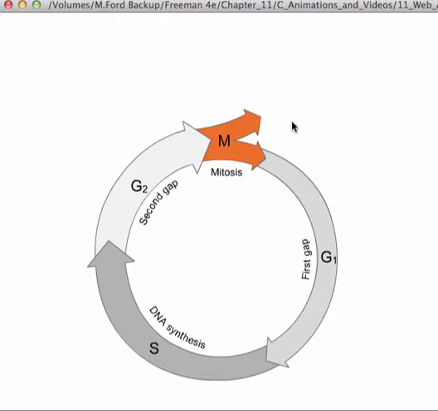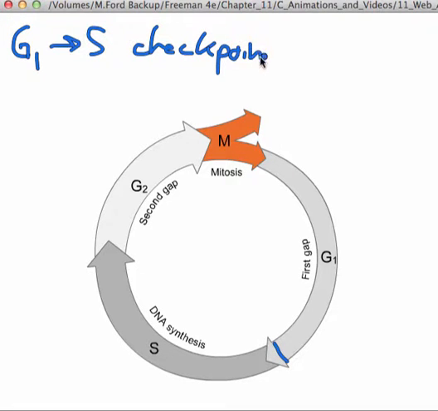All right, so we had two checkpoints that we talked about. There's actually another one that's in mitosis. The first checkpoint that we talked about is this transition from G1 to S, okay? And during this checkpoint,